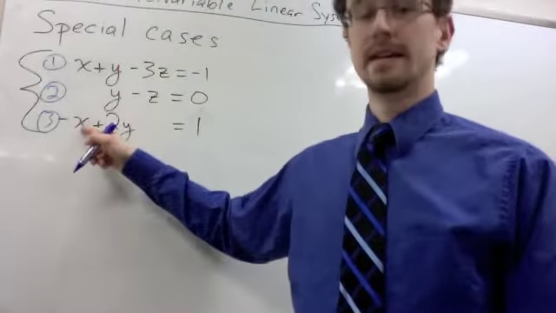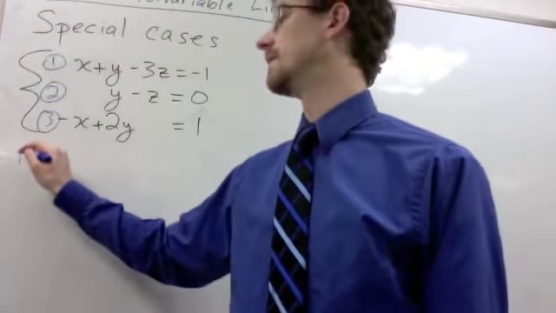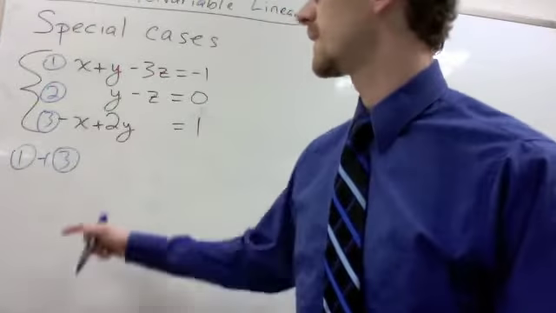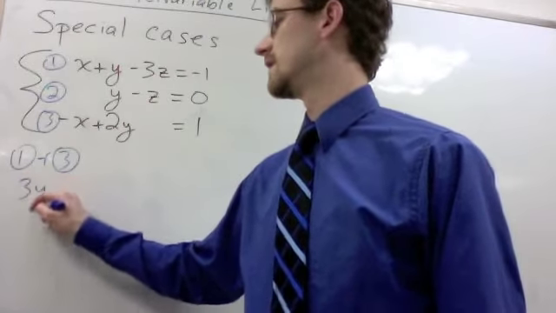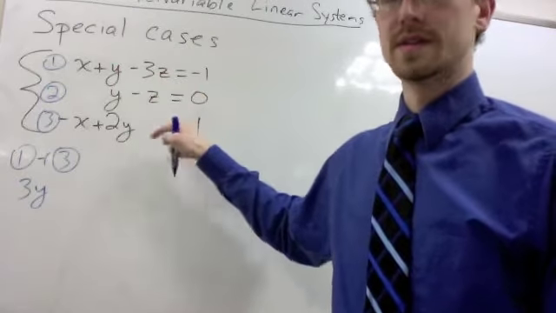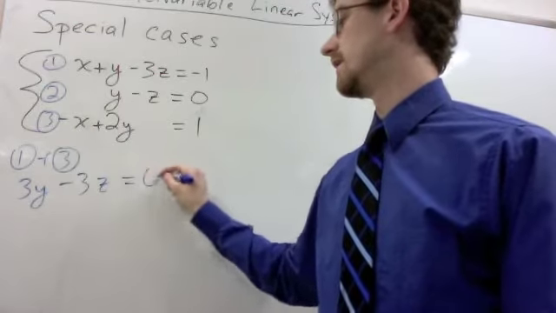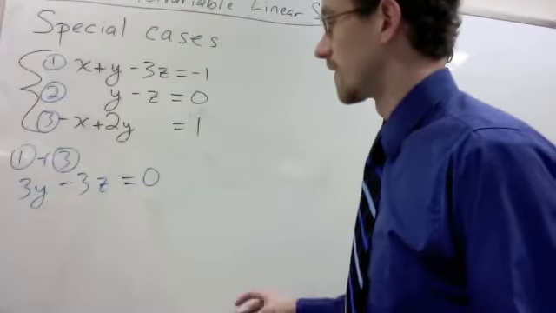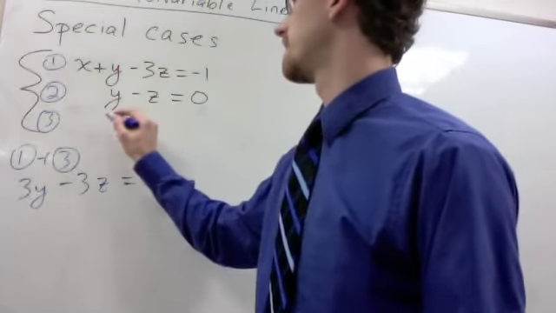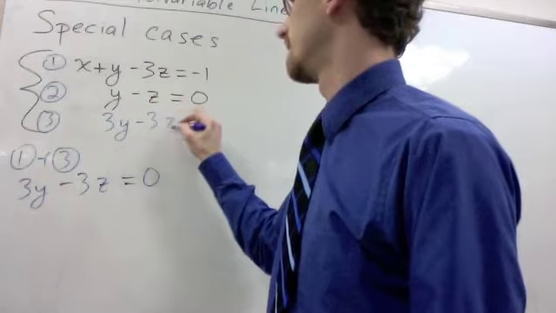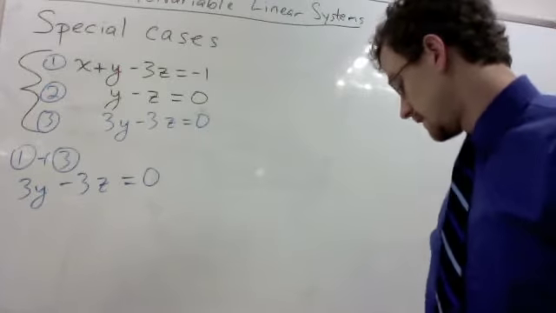So first, we need to eliminate the x using equation 1, which we can do simply by adding together equations 1 and 3. Equation 1 plus equation 3, x plus negative x is 0, y plus 2y is 3y, negative 3z plus 0 is minus 3z, and negative 1 plus 1 is 0. So we can replace our third equation with 3y minus 3z equals 0. And our next step,